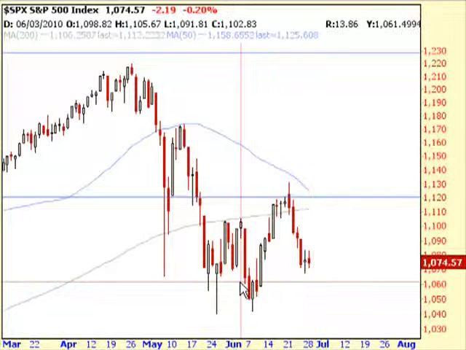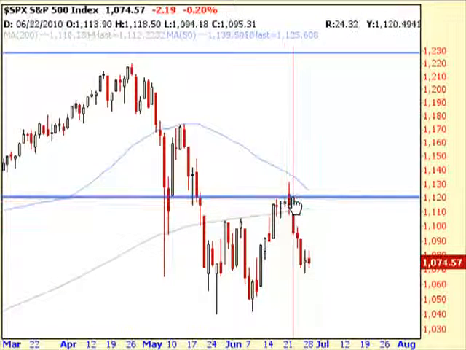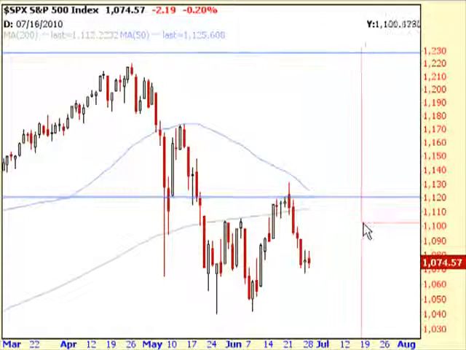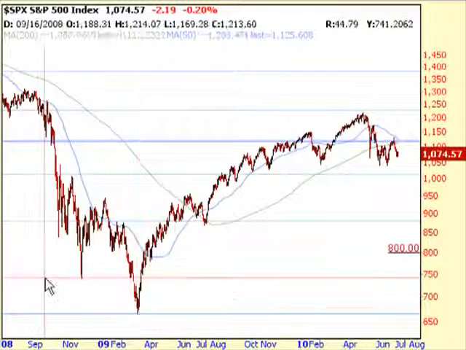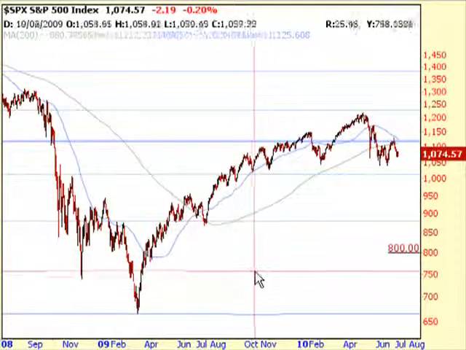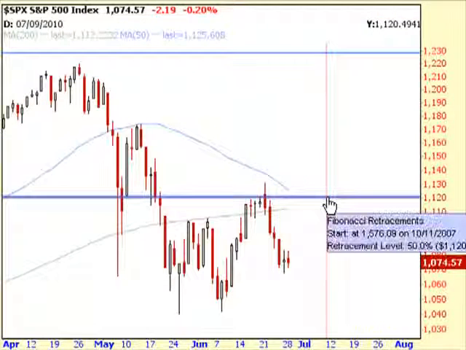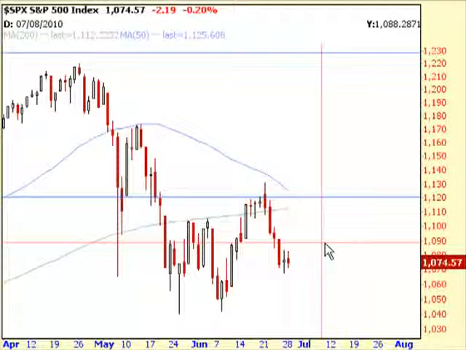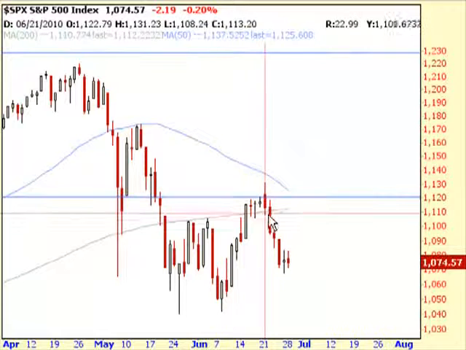Starting with the S&P, I've said over the past couple weeks numerous times that this Fibonacci level here is really important. This thing goes all the way back to the top in 2007. So it's a really important level. It's a 50% retracement level of the entire move that the market made from the high in 2007 to the low, the bottom of the market in '09. So that's a really important level here, and we're just having such a tough time breaking above it.